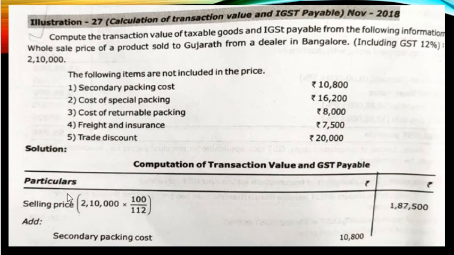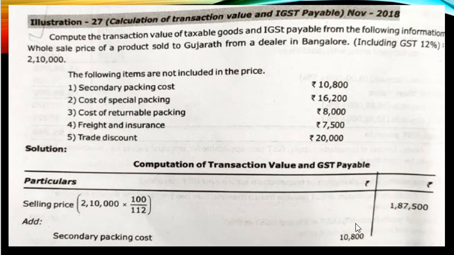So the sale price of 2,10,000 is for 112%. Then for 100% how much is it? When you work it out you will understand. Just write in a notebook: for 112% it is 2,10,000, then for 100% it is a question mark. Now use cross multiplication. So it will be 100 into 2,10,000 divided by 112. That is the calculation done here, which will give you